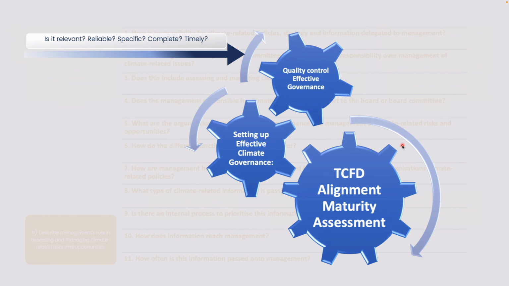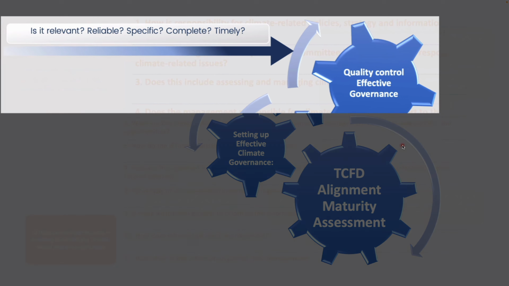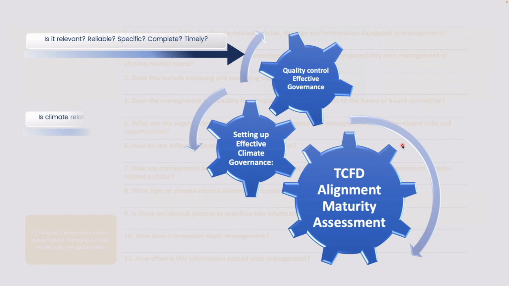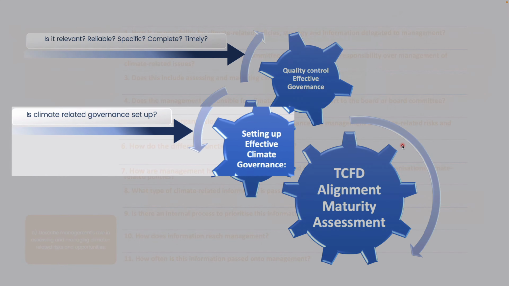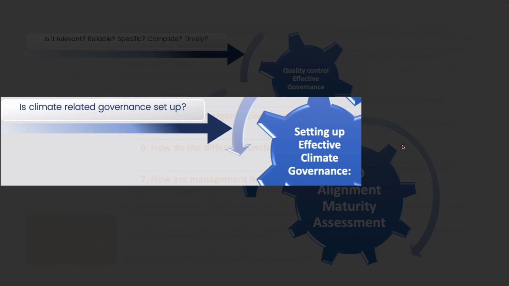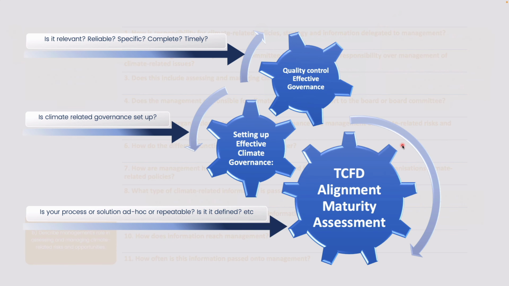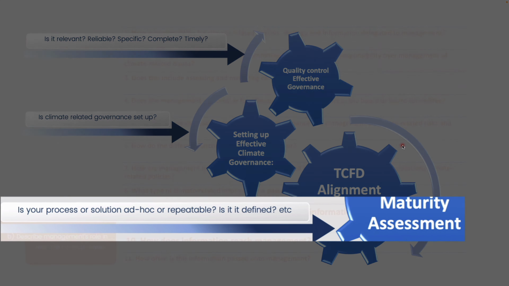Firstly, how do we ensure that the answers to those questions that you've just elicited across the organization have some quality control around them? Meaning, after investigations, are you now producing information which is relevant, reliable, specific, and so forth? Secondly, how can you even begin to answer these questions if your organization hasn't established effective and dedicated climate governance? Right? And thirdly, and I guess the maturity assessment fits into the essence of this third issue, and that is,